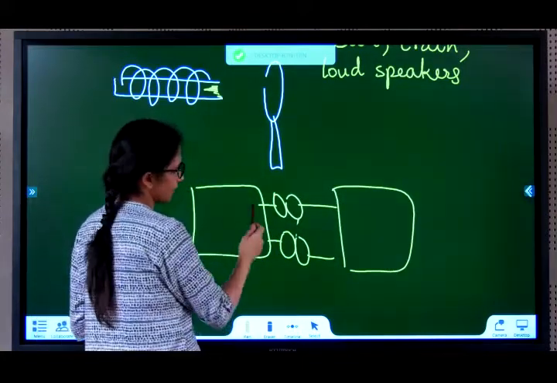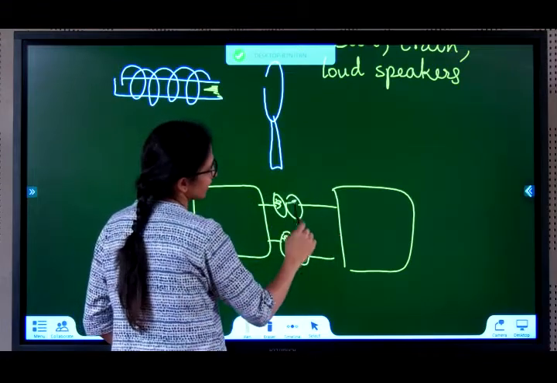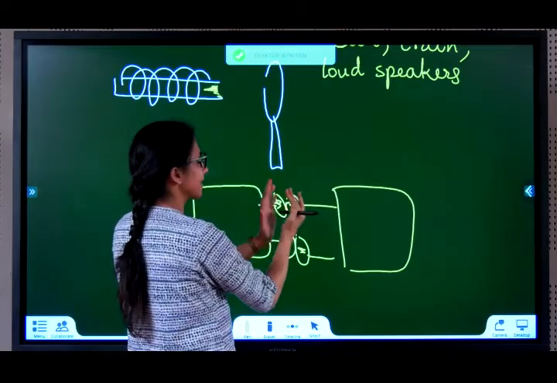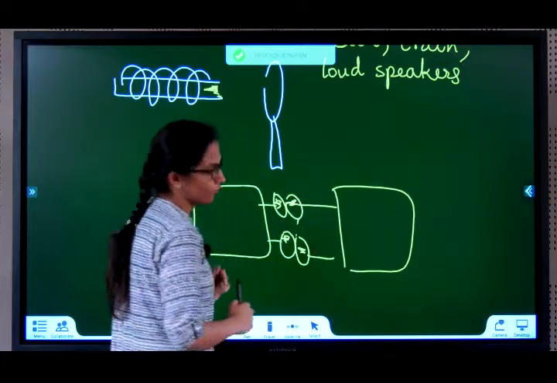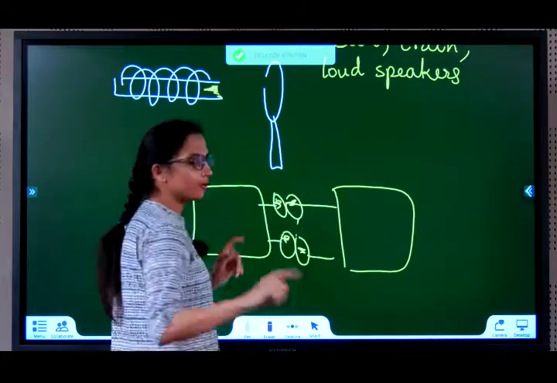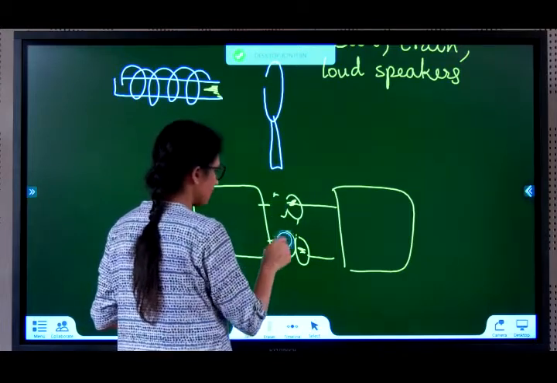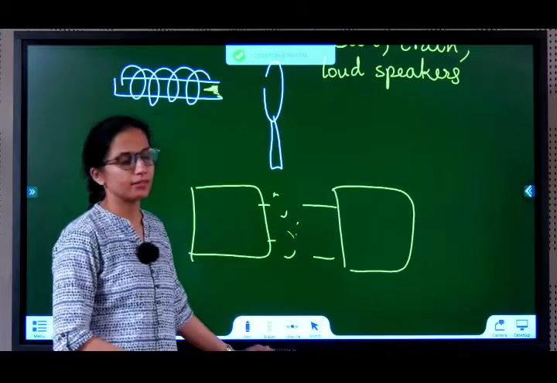This one, we switch on the current here, this will become magnetic. This will also become magnetic. They will switch it on in such a way that these magnets attract. So they are now together and the bogies move together. Now if I want to detach the bogies, simply switch off the current. This is now no more magnetic, no attraction, easy to separate.